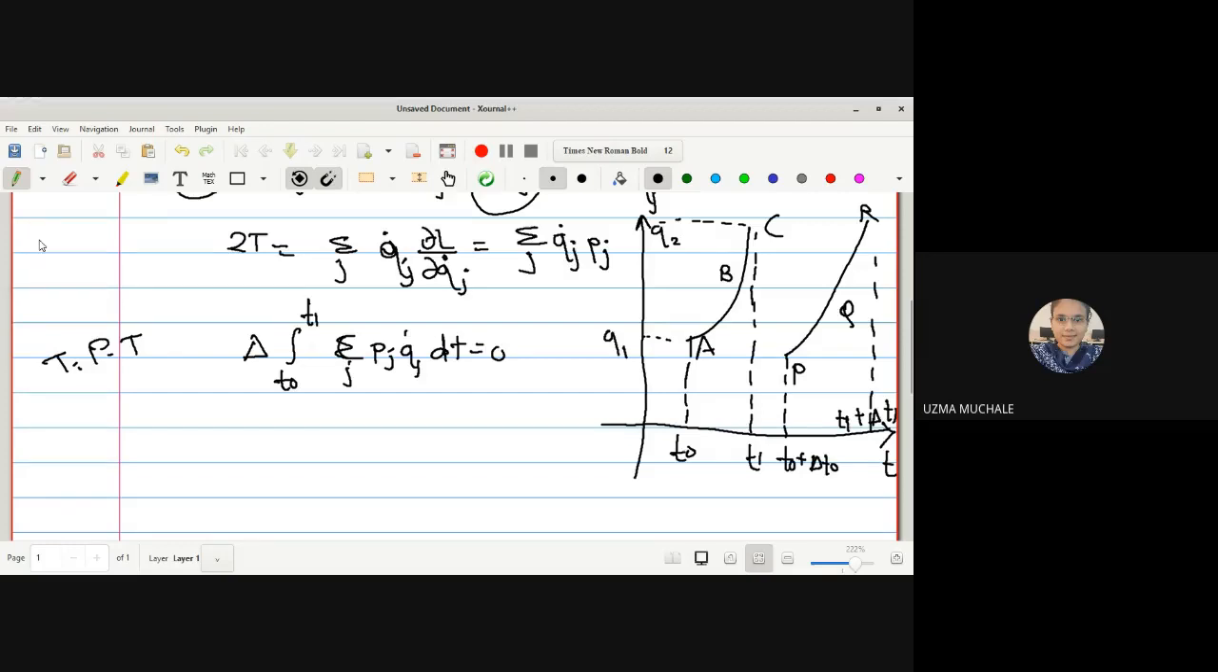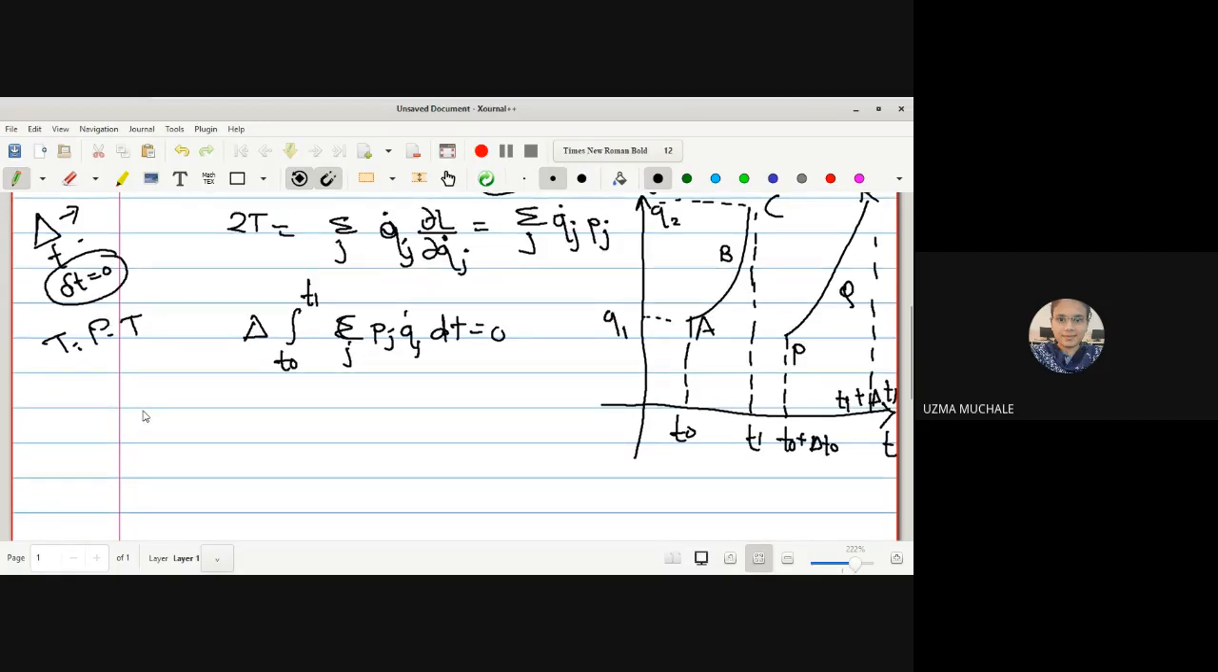So in this capital delta variation, time is allowed to vary. Time can vary, and in the small delta t, delta t is zero. Why? Because time is fixed. Okay, so if we want to prove this statement equal to zero, we know that h